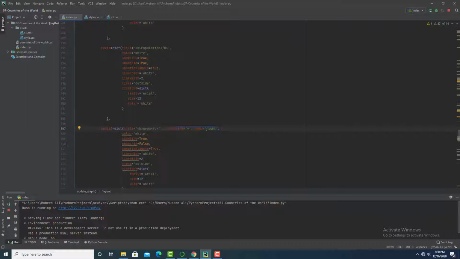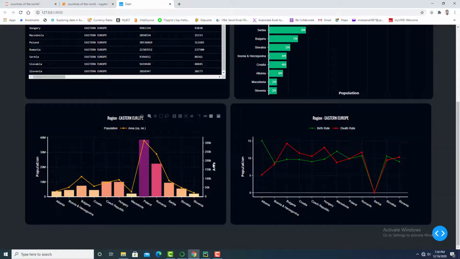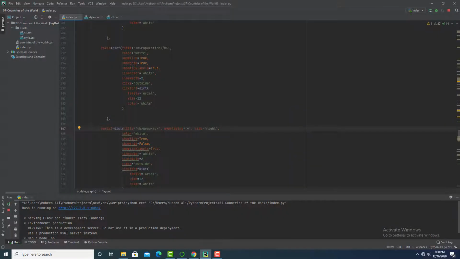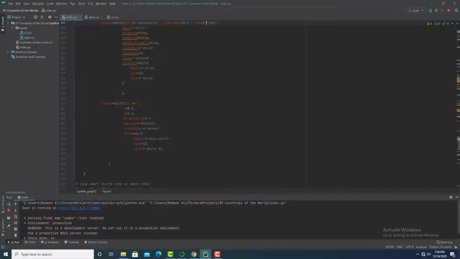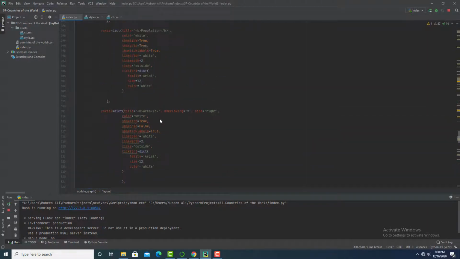I have mentioned here the side of the secondary y-axis. I have mentioned right, so we can see here the right side of this chart. I have mentioned here overlaying y, this is y-axis. So the secondary axis overlays on this layer. Then I have used legend properties for this combination chart.